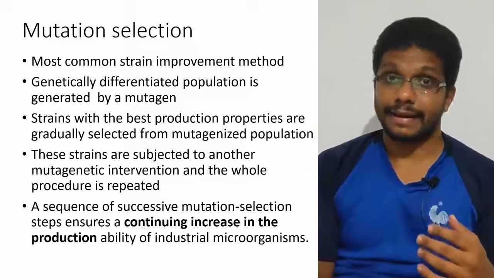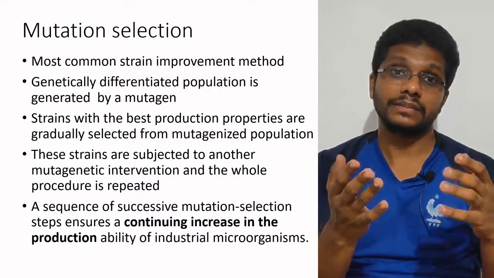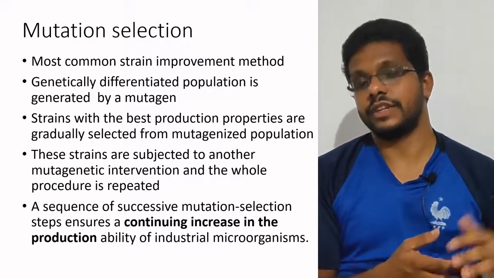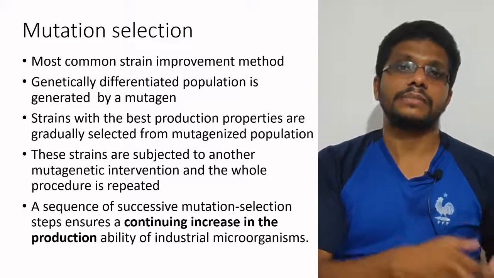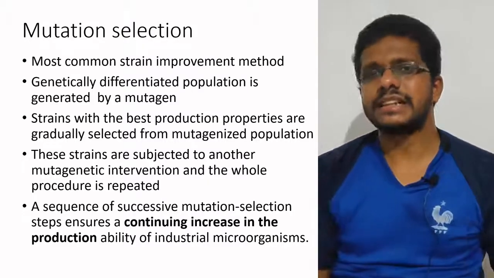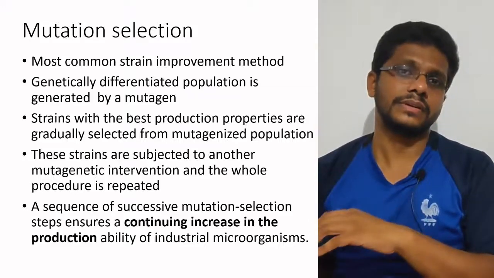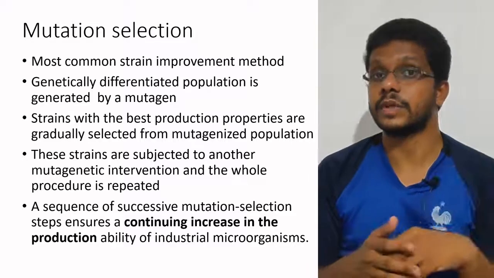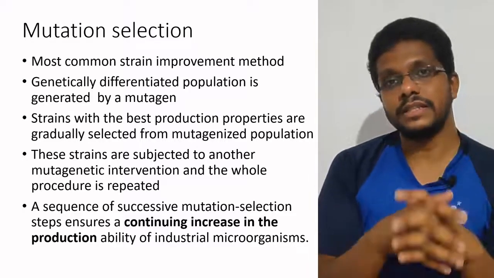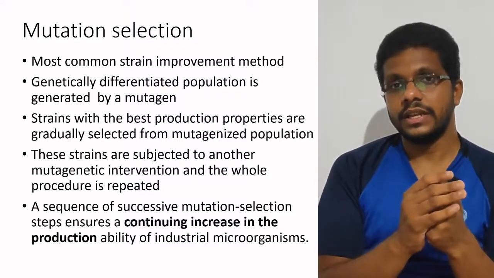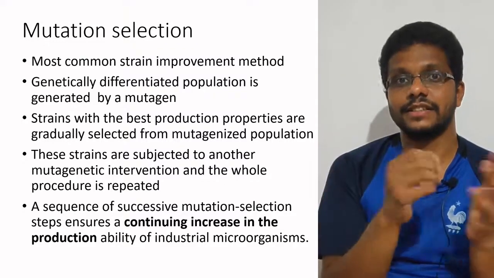So the mutation will be random in nature. Some microorganisms will be unaffected by this mutation, but some of them will be affected in one segment of DNA, and the same mutagen may affect another segment of DNA in a different microorganism. So mutation is basically random in nature. Some bacteria will get mutated in multiple genes, and some of them will be mutated in only a few places in the genome. So due to the presence of the mutagen, we will get a variation in these bacteria.